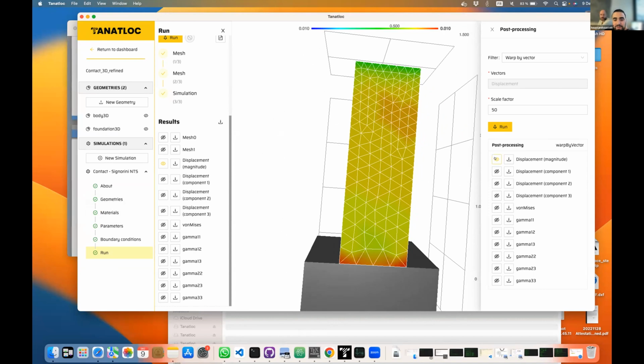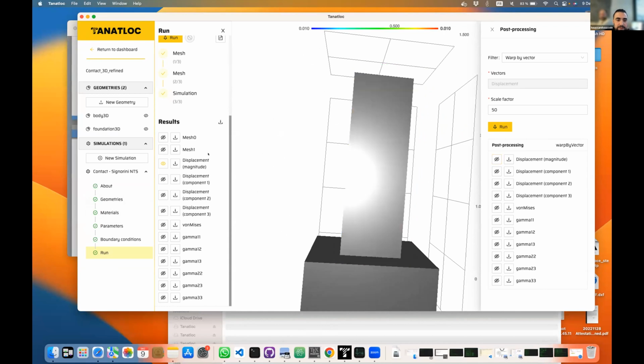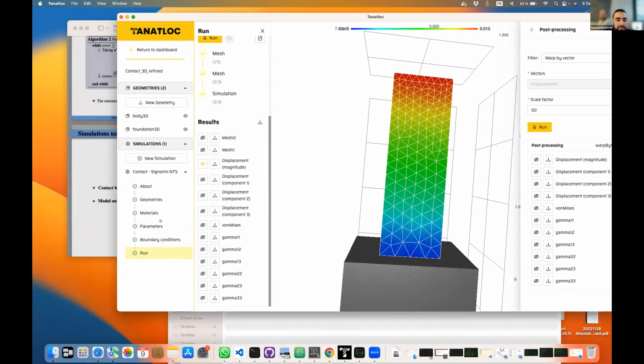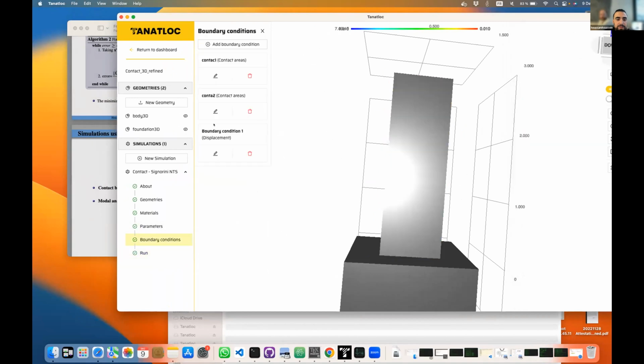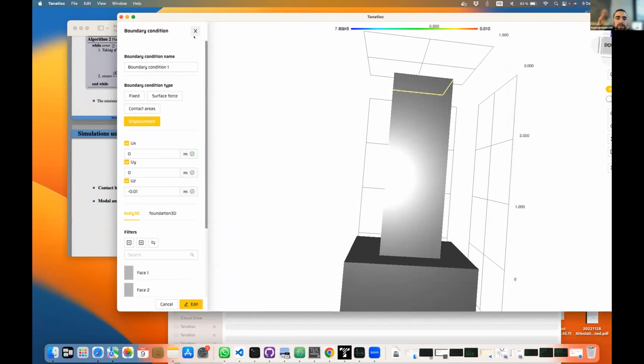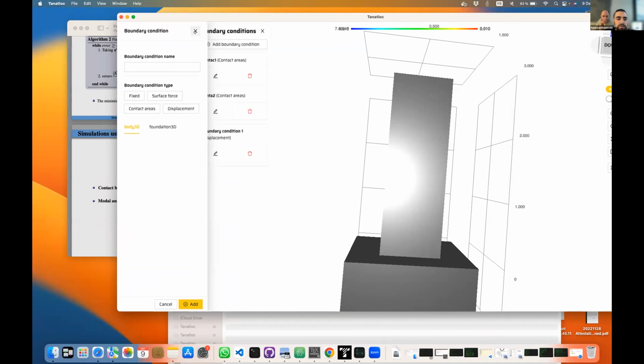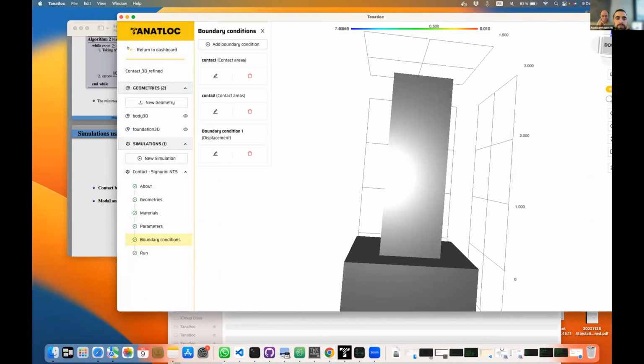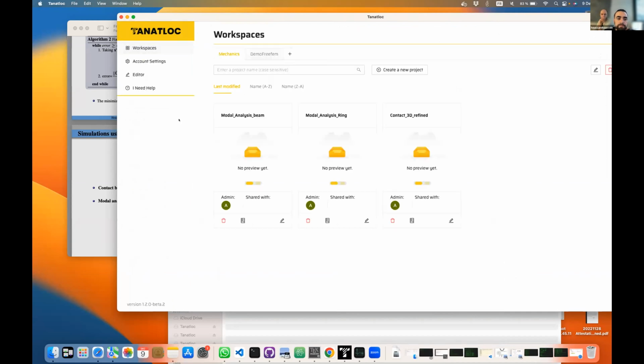And yes, also parameters. We can also, for example, modify our boundary condition. So yes, for example, we can do another simulation. For example, model analysis. Its goal is to